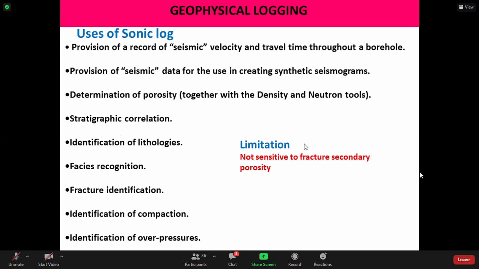That's why I said measurement has to be taken while drilling. They must have identified the depth that is porous, that is permeable, that is most likely to be the prospect zone before they carry out that conventional coring, because it's very expensive. They cannot take samples all through the borehole. So they have to know the specific depths that they want to target, that they want to take the sample